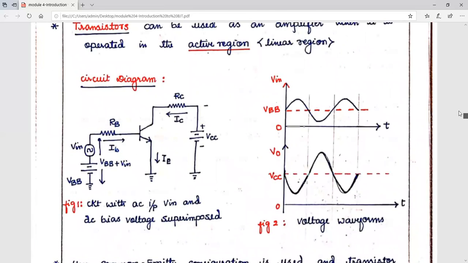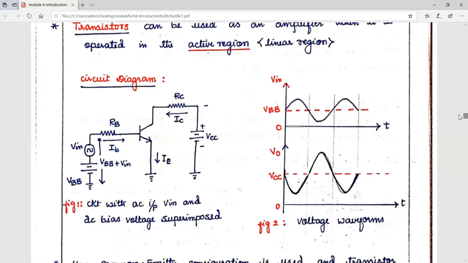So if you see here, the input voltage will induce an IB current, and we know that IC is beta times IB. So this current will be very large in magnitude when compared to IB, and when this current flows through this resistance, IC into RC will produce an output voltage which will be an amplified and inverted version. So this is how you can use the transistor as an amplifier for both current amplification and